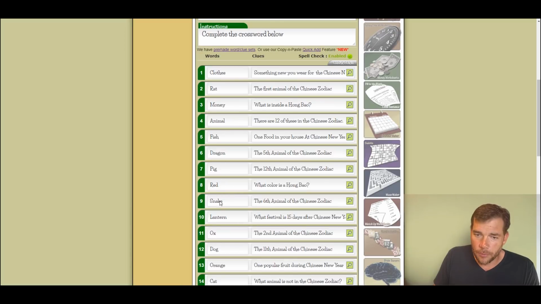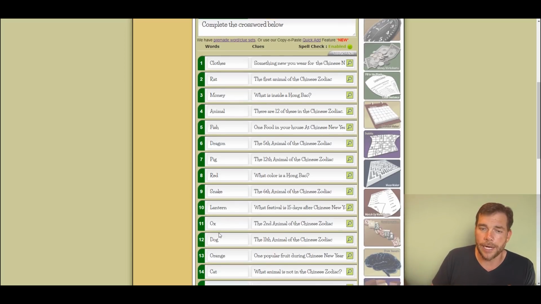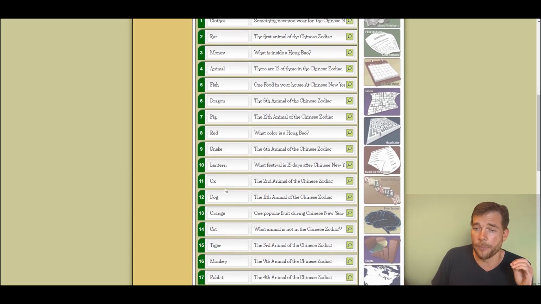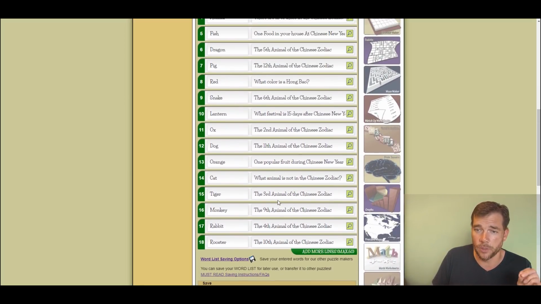A lot of small words, if you have a lot of short words, there's not many letters to cross on. Once you start crossing all of these words, you run out of places to cross them on. Words like ox, O-X, X is not in many words, so the only letter that this can be crossed on, usually, is O. If all the other letters, like you cross clothes with dragon, all of a sudden you no longer have any O's. Obviously down here we have dog, but there is a chance that you'll run out of O's for something to be crossed on, and when you run out of places to put a certain word,